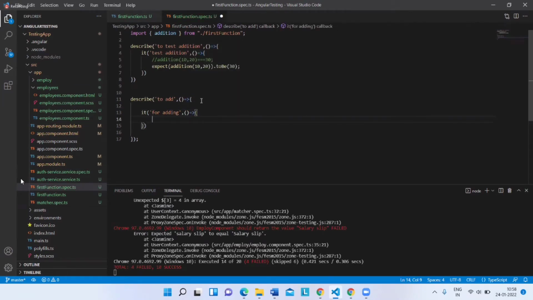So I'm using the arrow function. So this is my test case. What is this particular test case going to do? I just wanted to test it. Maybe in my component or in some class, I have written something that, when I pass two parameters, gives the actual result or not. That is the logic I have written there. I just wanted to test whether that particular logic is working properly or not.